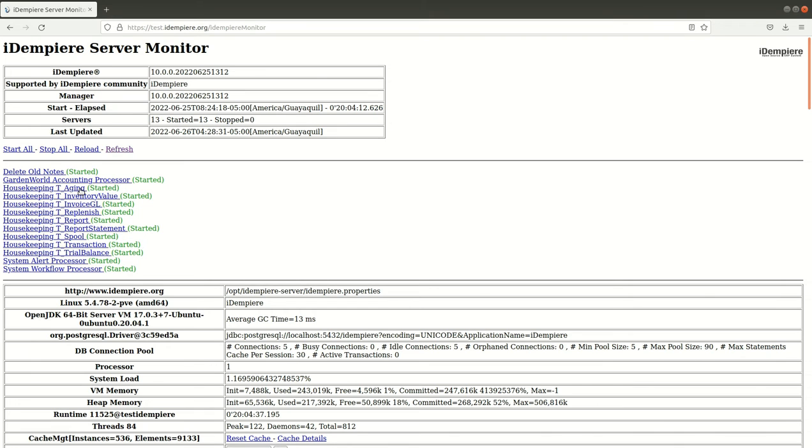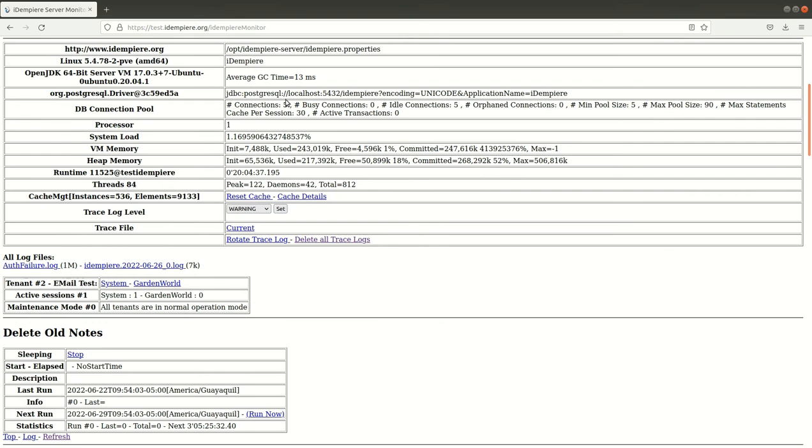Here a few processors, like the accounting processor, are running, and you can see the status here: started. There is database related and iDempiere related information here. There are a few log files here, and you can delete and reload the trace file from here. There is also information related to the processors here. Let's check the second option,